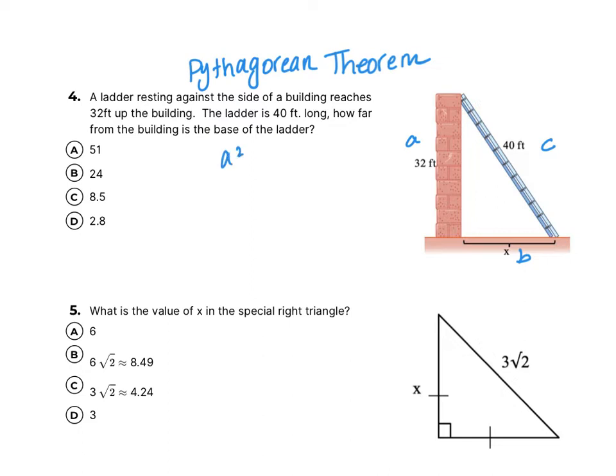A squared plus b squared is equal to c squared. So a squared is 32 squared plus b squared, which I need to find, and c squared is 40 squared. Now if I do 32 squared on the calculator, I will get